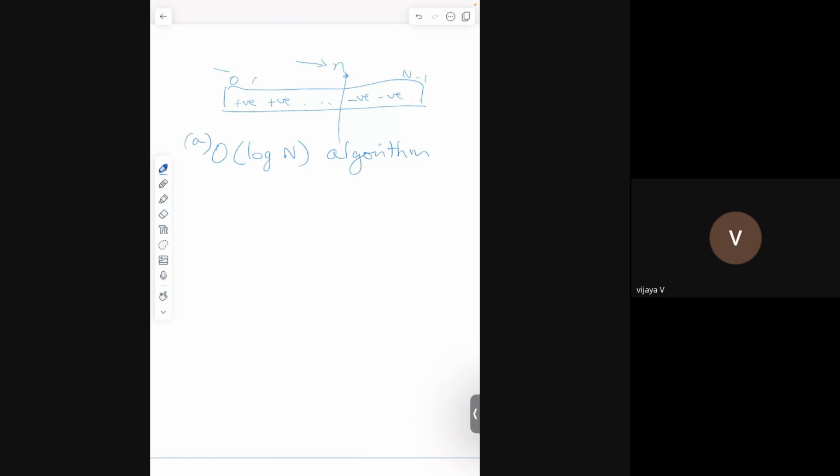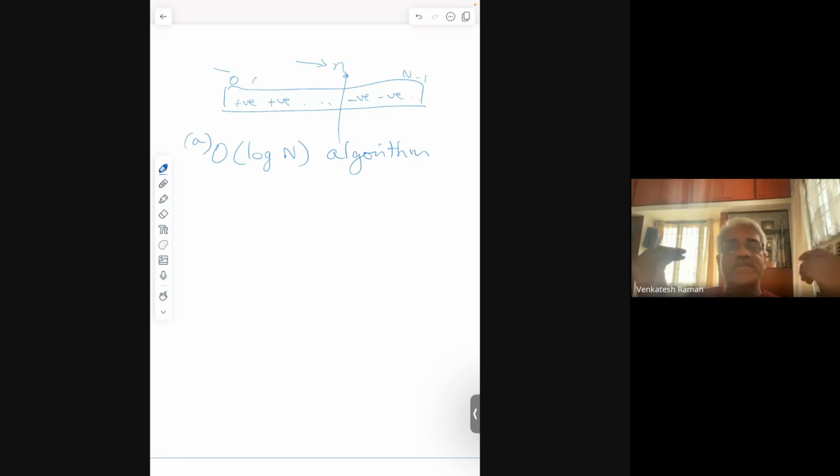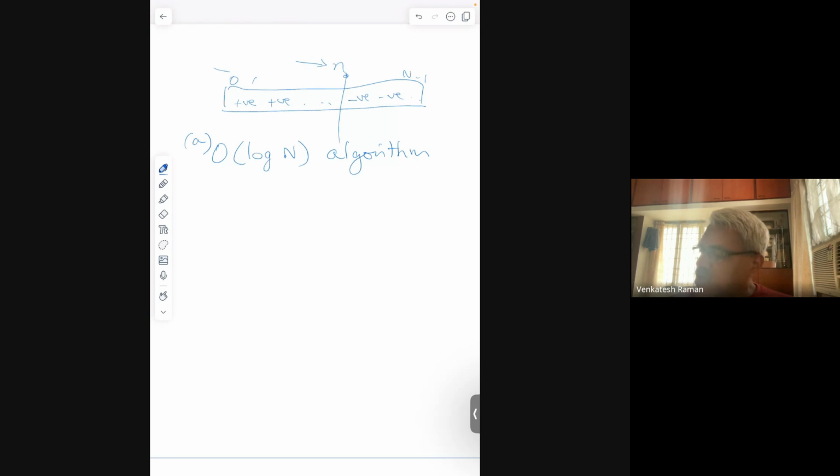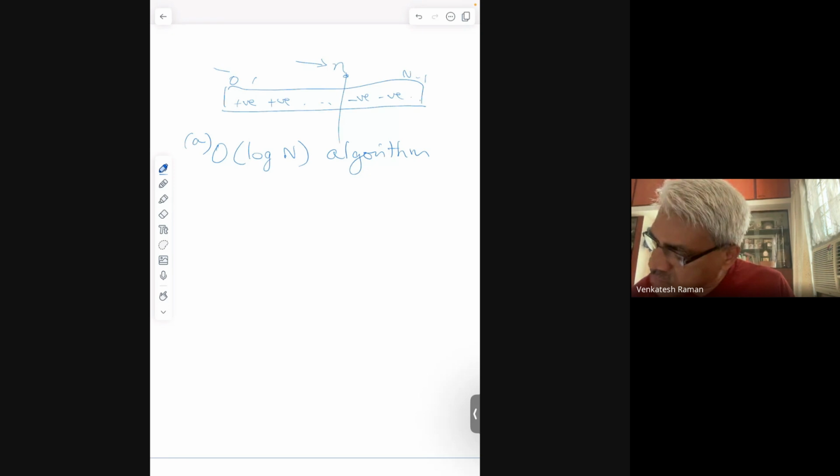Exactly. So repeat this until your N by 2 power k is less than or equal to 1. When you say recurse, it captures everything. Until complexity is order of log capital N. Yes, until you have one element, you keep doing this. So the algorithm is